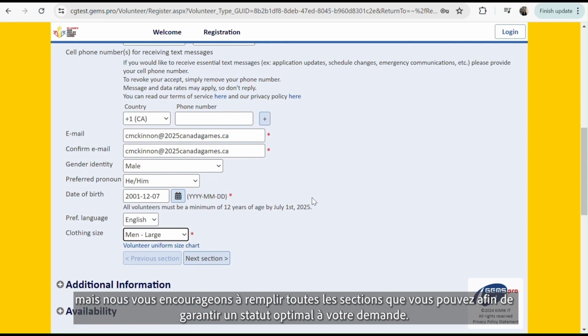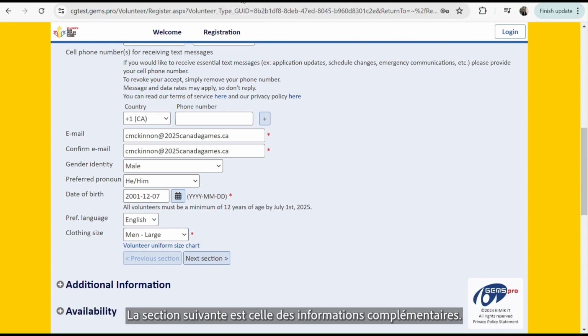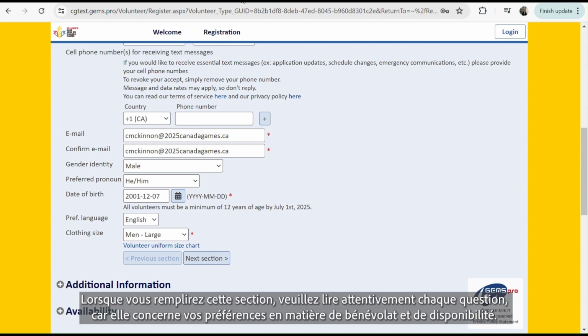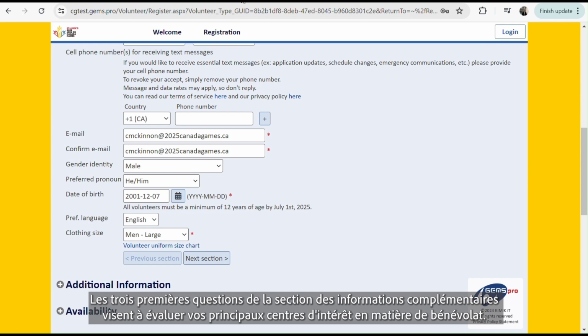But we do encourage that you fill out every section that you can to ensure optimal application status. The next section we have is the additional information section. While completing this section, please read over each question carefully as it pertains to your preferences in regards to volunteer roles and availability. The first 3 questions in the additional information section are to gauge your top areas of interest